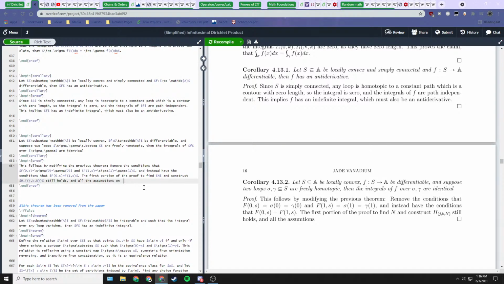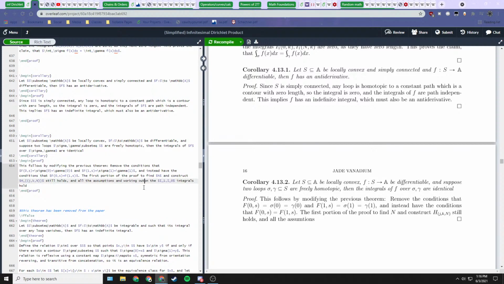On the I1, I0, all the assumptions and working out of the I1, I0 integrals still holds, except on the very last line,